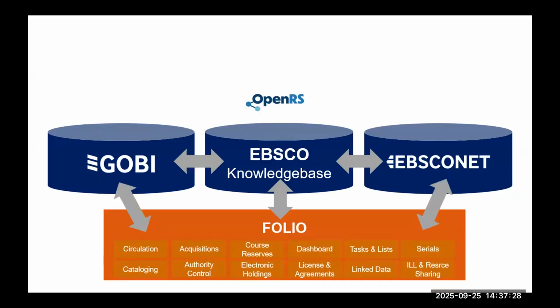So what we wanted to do when we got involved with the Folio project in 2016 was extend that integration into Folio, and that's what we did. So as you order something from Gobi, from EBSCOnet, from anything through EBSCO. Actually, EBSCO's ordering processing platform, the whole behind-the-scenes technology that customers never interact with, we've integrated that into Folio, so that as you order any of these things, even if you order a database from us, it will update all that information in Folio. So your purchase order records can automatically be created, all of the things that the purchase order app can then do, all tied in together. So we wanted to extend that level of integration into the ILS system. That was one of the reasons why we wanted to get involved with Folio, is to help create that level of integration.